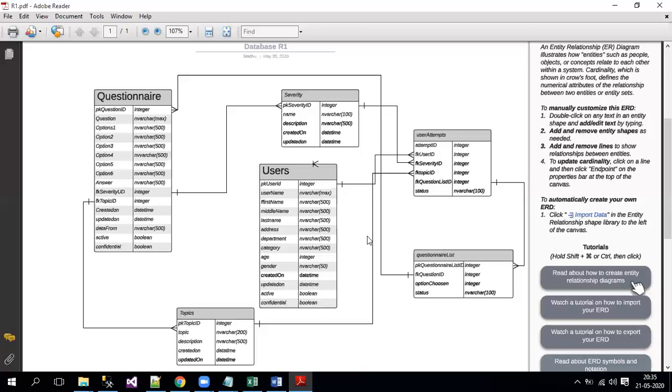For example, I have an employee table and a department table. In each department there will be multiple employees. Department ID is my primary key in the department table, and in the employee table I have department ID as a foreign key.